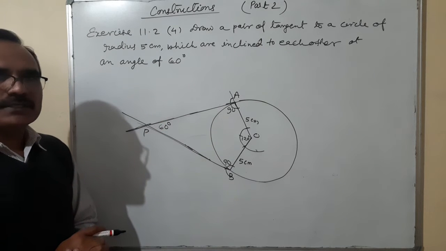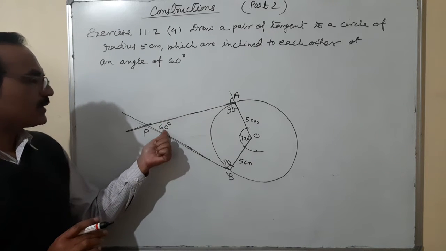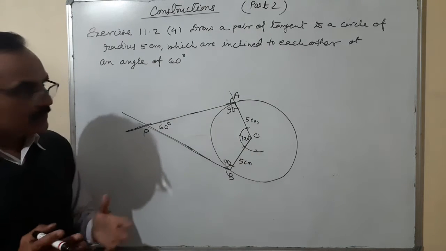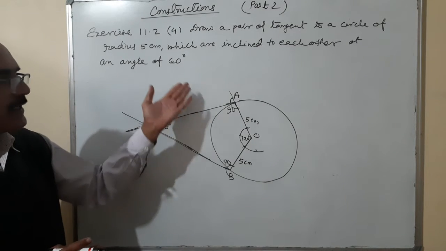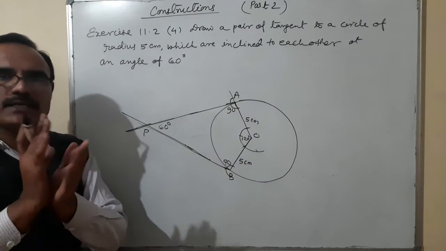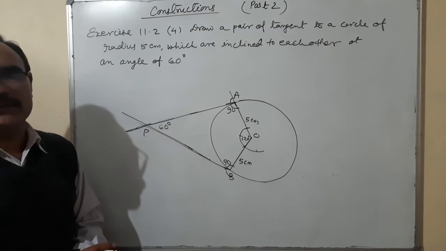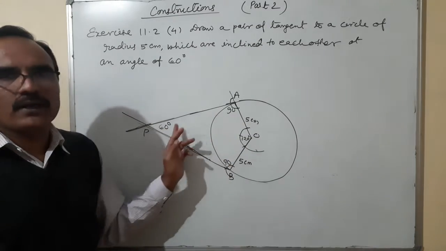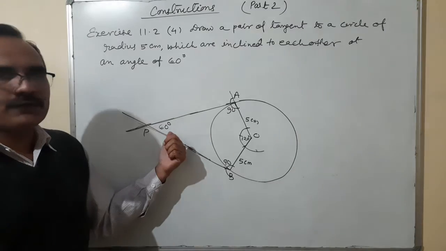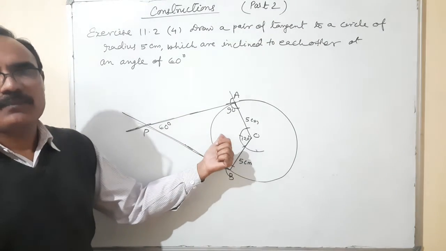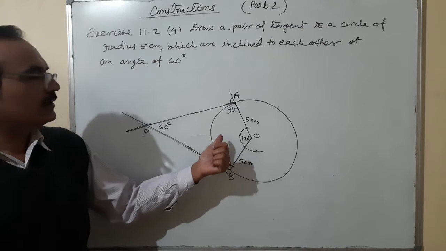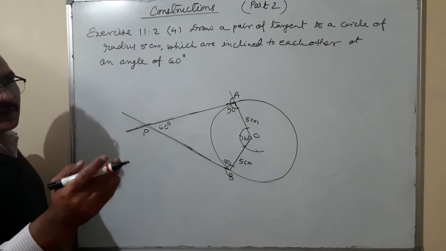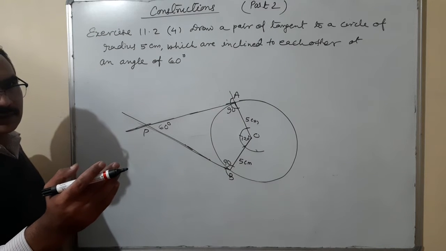So for construction of this type of question, whatever the angle we are forming here, we have to plan from here and make the angle here. For example, suppose instead of an angle of 60 degree, it is given that both the tangents are inclined to each other at an angle of 45 degree. Okay, then everything is the same as 90 and 90, the sum of these two coming to 180. So if this angle is 45, that means it is 135. Okay, and we'll see other angles like 45, 50 and 30.